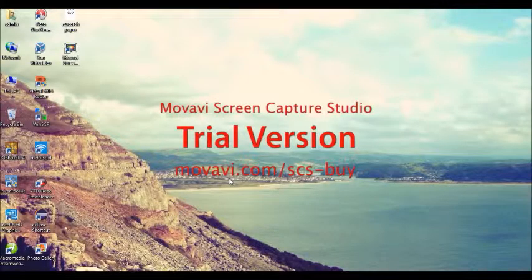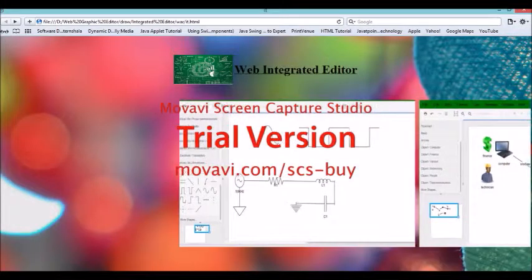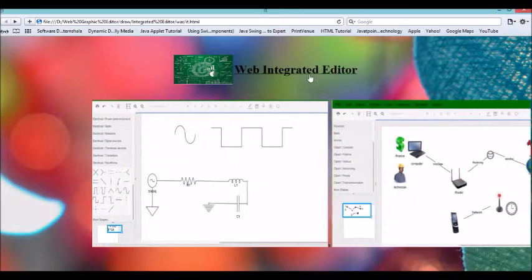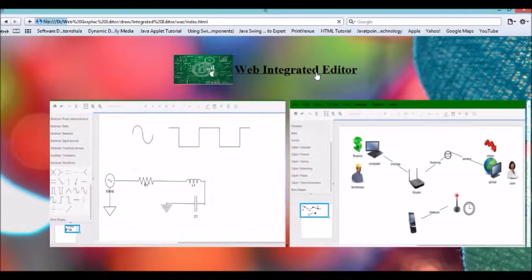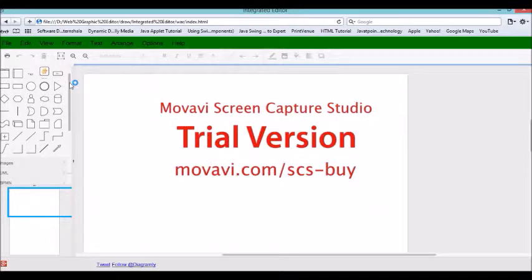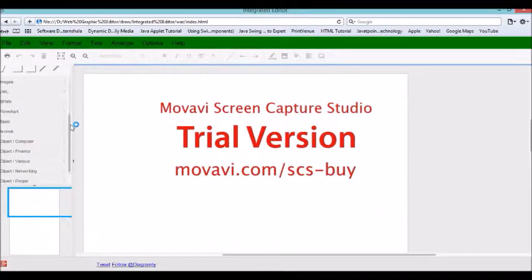Hello, this is Hetal Sonone. Here I would like to give you a small glance at the modules we have already completed. Here is the web page for Web Integrated Editor, and here is the link for our integrated editor. Here we go. There are some basic modules in our editor that every editor possesses.